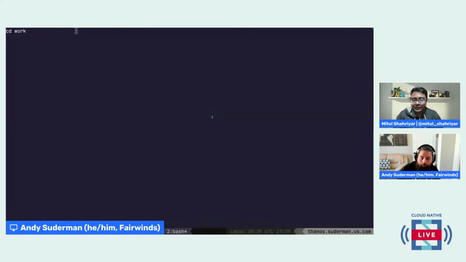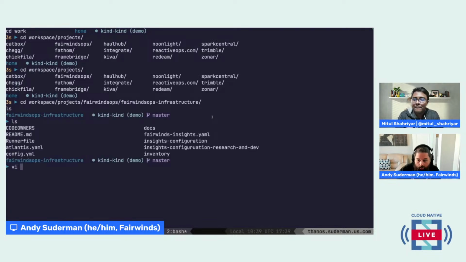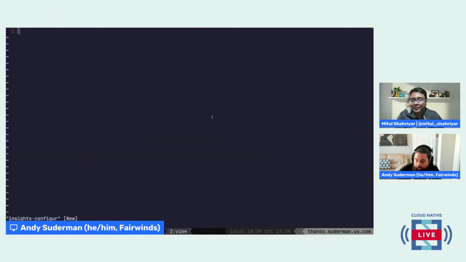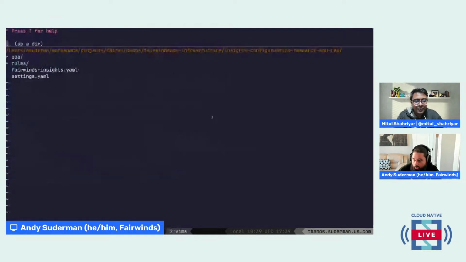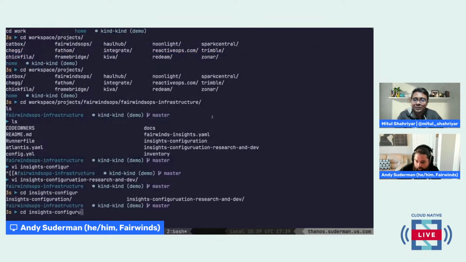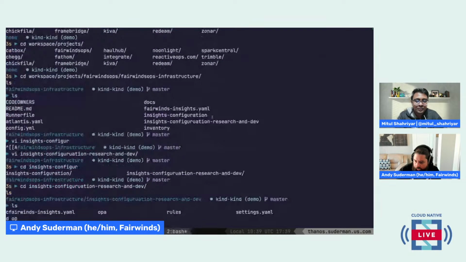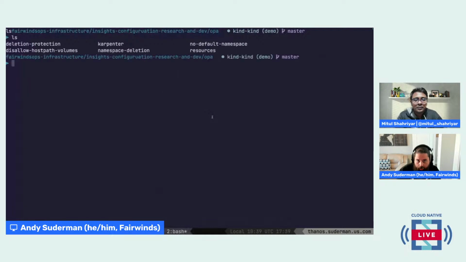We support Rego in our commercial product. Similar flavors of Rego work in the open source as well. If I take a look at some policies that we're actually using in our clusters today, we can go into this Insights configuration, into the OPA directory, and talk about these policies.